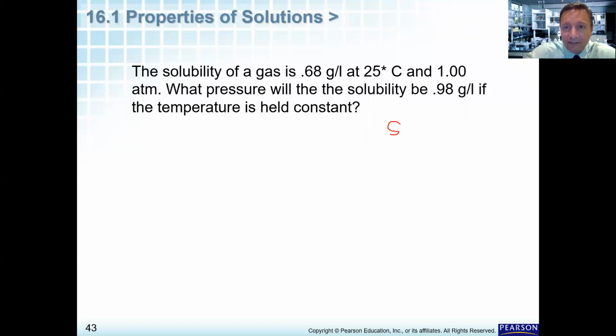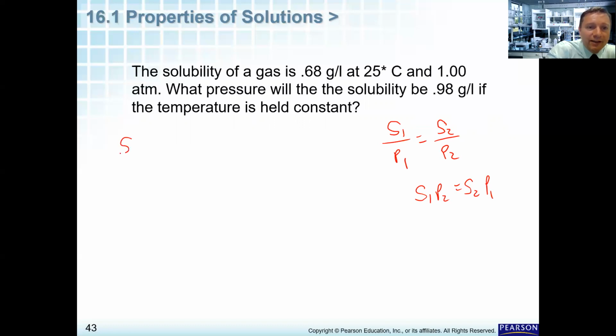Let's write down. So we have S1 over P1 equals S2 over P2. And I like to separate them out. So I have S1 P2 equals S2 P1. And now come over here. So I have S1 P1 S2